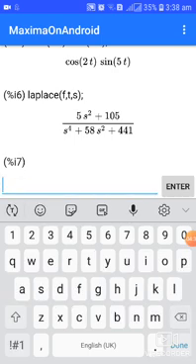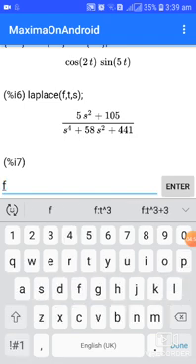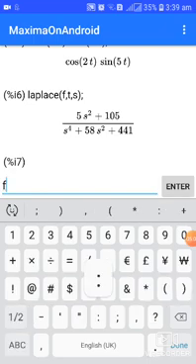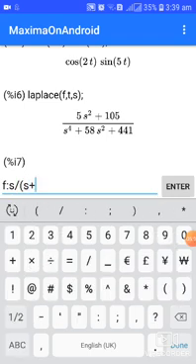Next we will see how to find out the inverse Laplace transform of the given function. All of you will remember that. What is the command for finding inverse Laplace transform? It is ILT. First of all, you should give the given function. After that, you should use the command ILT. First, we will see how to find inverse Laplace transform of s by s plus 4 all square. Then f is s by s plus 4 all square.